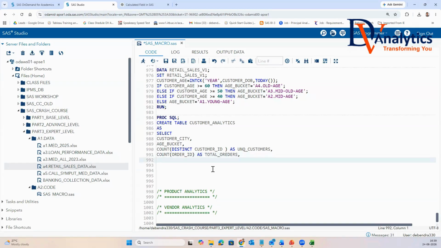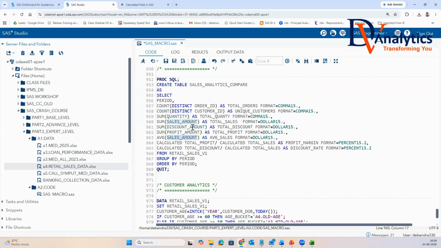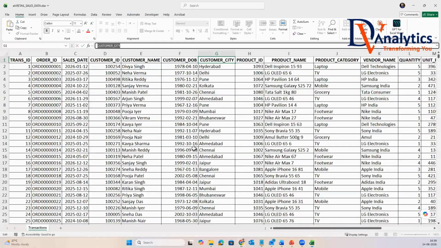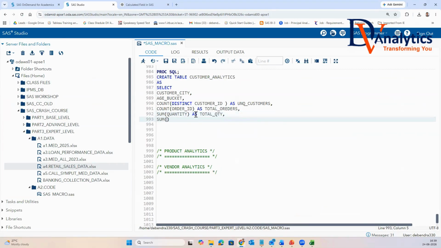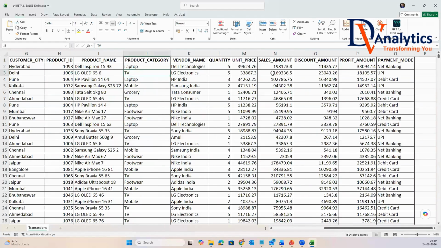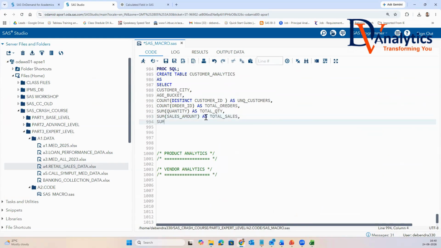Then sum of quantity as total_quantity. Sum of the field name sales amount as total_sales. Sum of